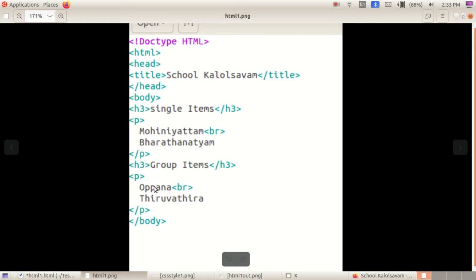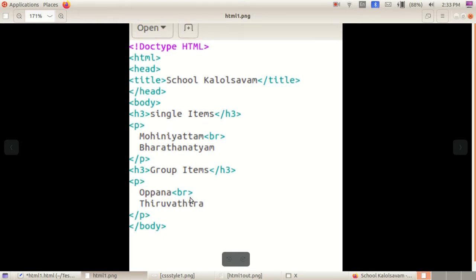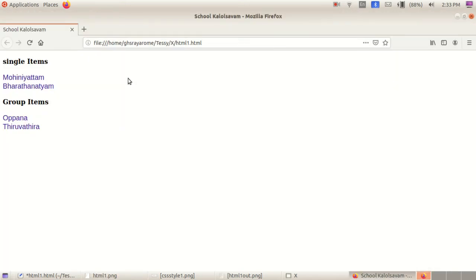The next group items are Oppana and Thiruvathira. These are the group items. Then P closed and body also closed. Then we will get single items Mohiniyattam, Bharatanatyam, and group items Oppana, Thiruvathira as the output, with School Color Song as the title of the HTML page also.